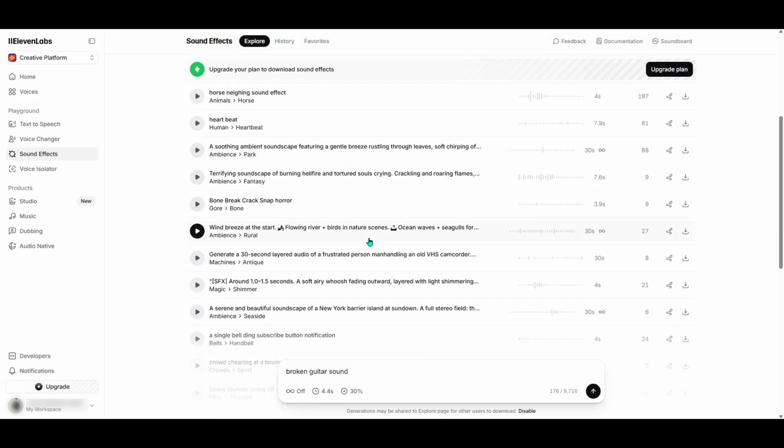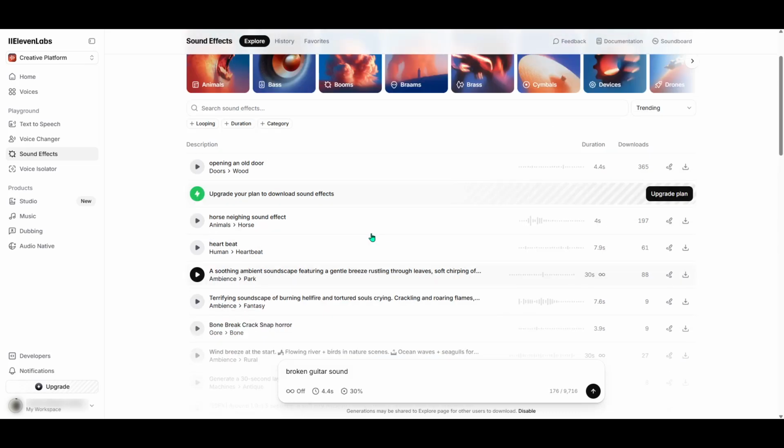Once you've made your way to the Sound Effects section, you can start by entering prompts to generate specific sound effects. For those who might feel a bit unsure about what to type, ElevenLabs offers sample prompts you can use right off the bat. These samples are great for experimentation and can give you a good idea of what this tool is capable of. Simply hit play to listen to these pre-generated options and be prepared to be amazed at